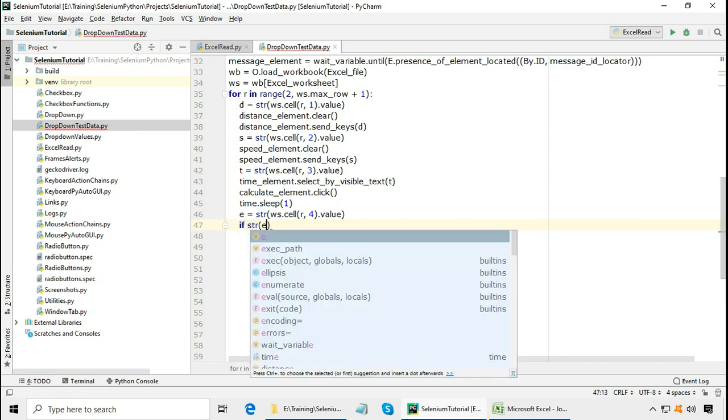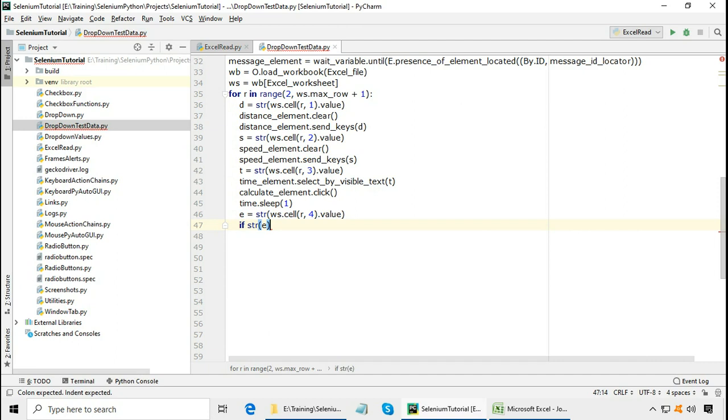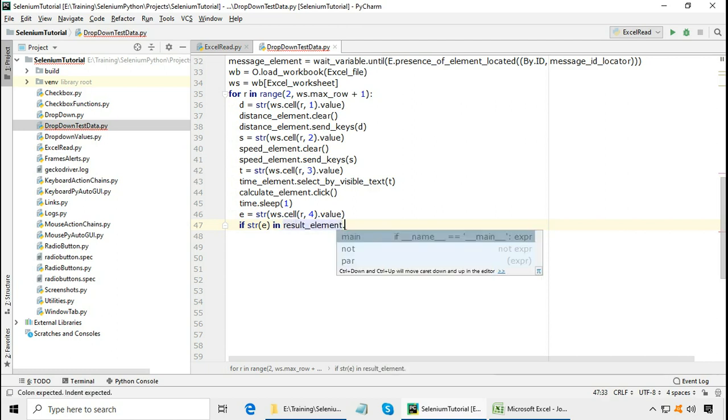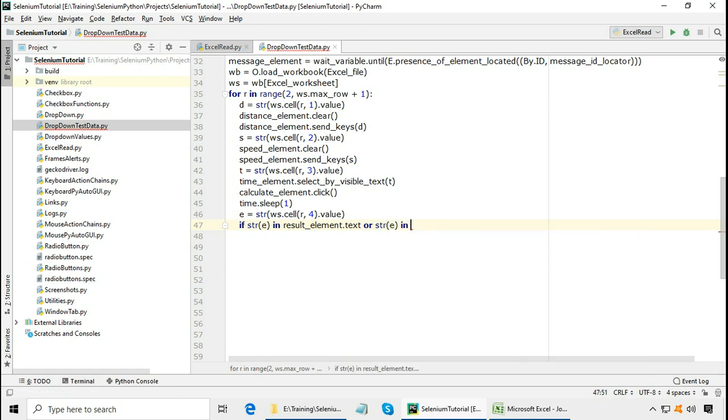If str of e, which is the variable e converted to a string, is present in result element dot text, or it's present in message element dot text, because there is no distinction in the Excel file whether it's a positive test or a negative test, so we have to test for both. So either if we are getting the result or the error message,